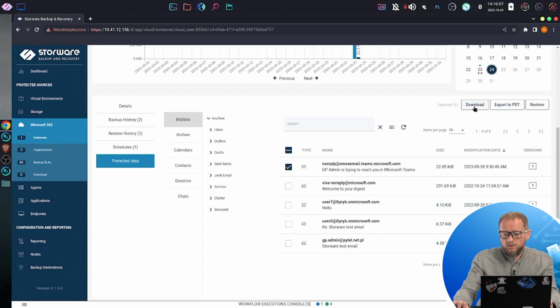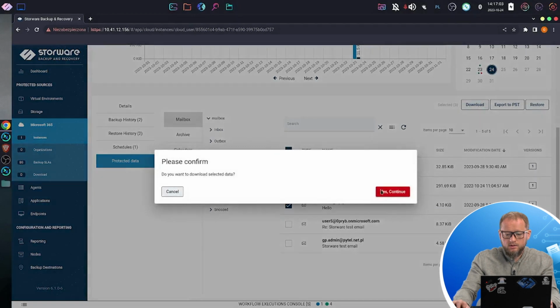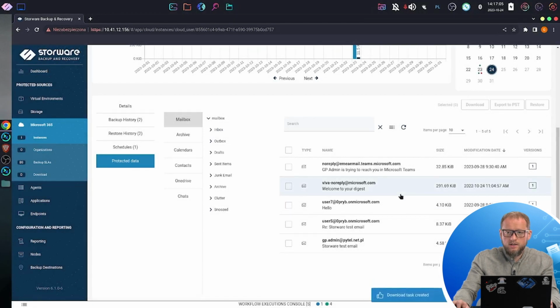I can download it through the web UI. So let's say the first 3. I will hit the download, and in a minute the download will be available right here in a download tab. But it is not the only option, because if the mail was deleted from the user mailbox, I can still